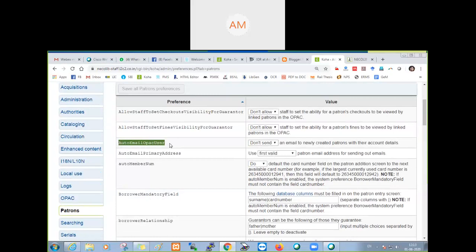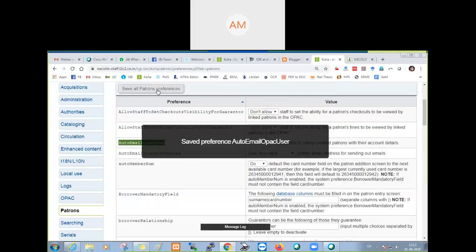That means the system will automatically send an email to the new user about his or her account details. By default, it is don't send. Now you choose send, save. The system will send an automatic email. But prior to that, your server should be equipped to send the email, and you have to configure your email ID with the server. Just hold on. Just hold on.